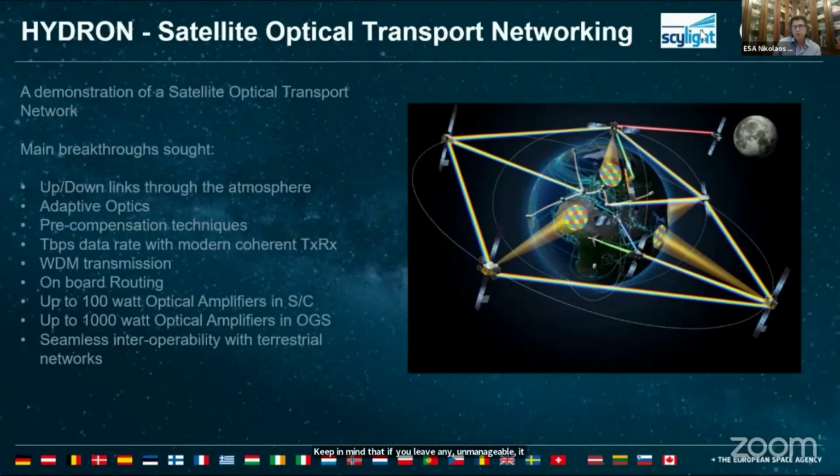But most important, to integrate the space with the ground infrastructure, you need the up and down links, and that's not easy at all because we are impacted by the atmosphere, so you cannot beat this per se, you cannot go through clouds, maybe through thin clouds, so we are open to see your solutions. We need adaptive optics, we need pre-compensation techniques. This is a big field of opportunity for many of the companies, so we're very open to see this technology